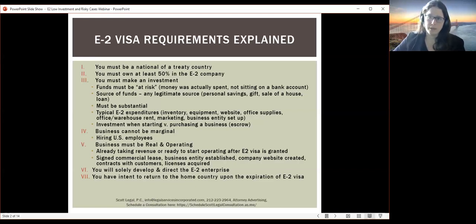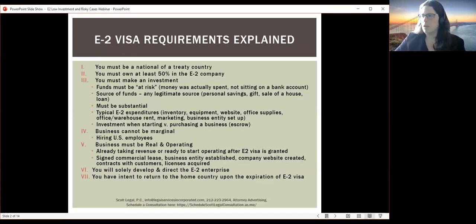You may need to pay for renovations to a space. So these are going to change based on what type of business you're starting, but there are some strong expenditures that apply to most businesses, and many of those are listed here on this slide. So when you're starting a business, then you need to invest everything necessary to get the business to the point